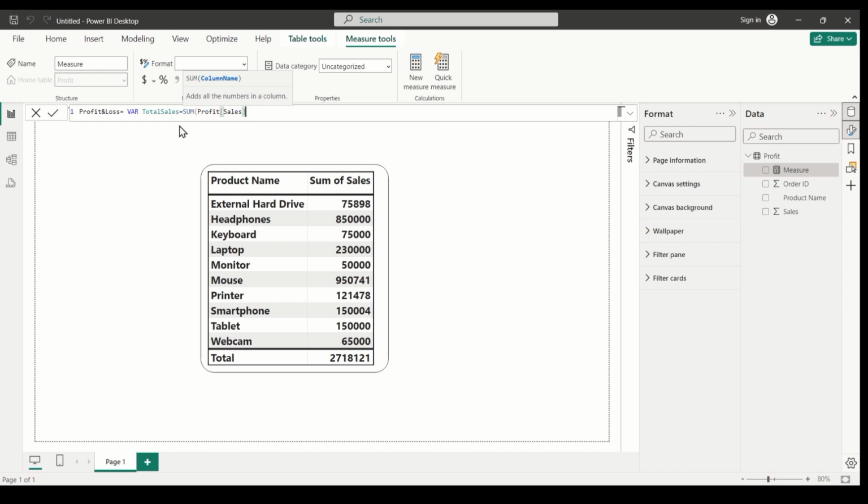All right, then shift enter and write return. All right, then again press shift plus enter,